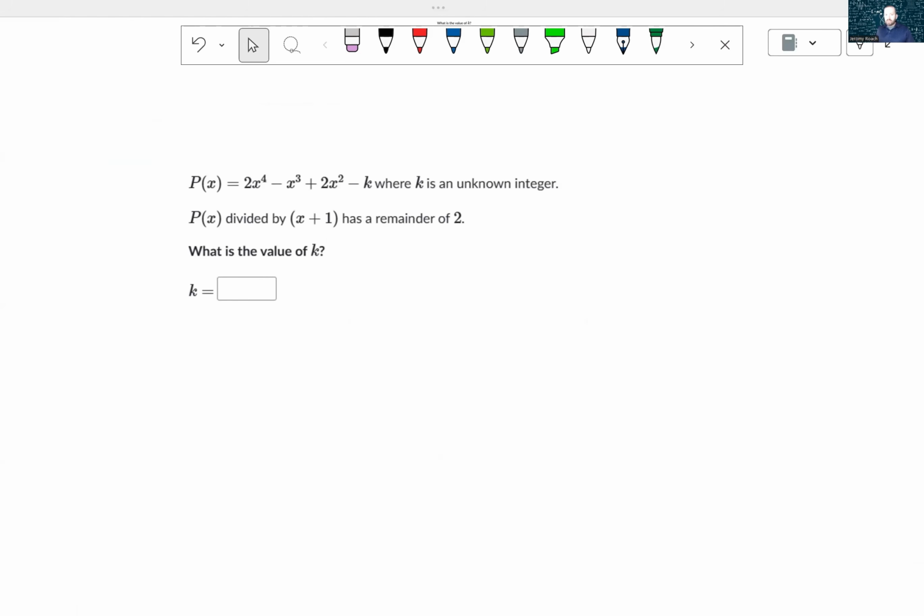So we're given a polynomial and we don't know what k is. It says it's an unknown integer. So we know it's a whole number. We also know that when we divide this, whatever this is, it gives us a remainder of 2. So according to the remainder theorem,